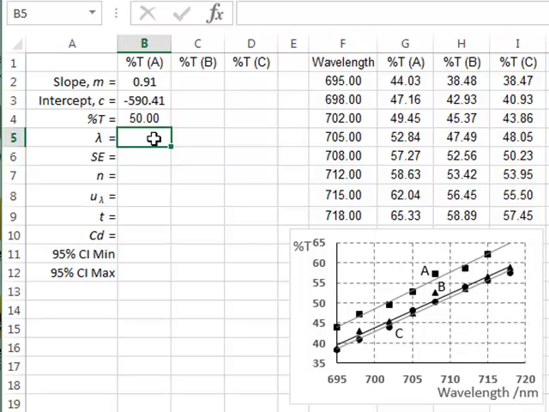To do that calculation, we can use the rearranged straight line equation, which means that we will take the difference between the Y value, which is the percent T in this case, minus the intercept in B3, and then divided by the slope,